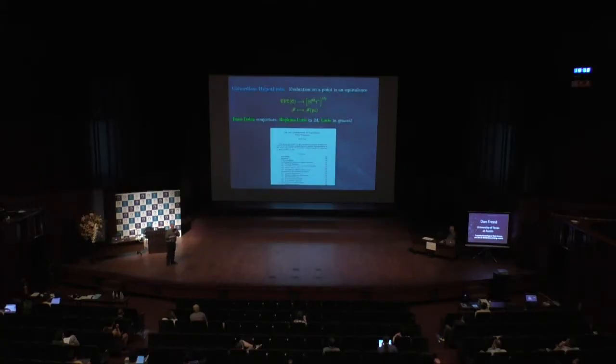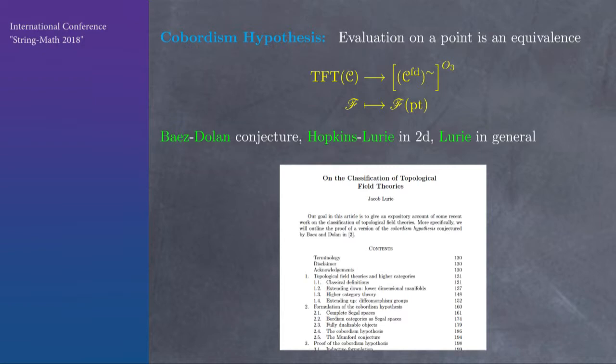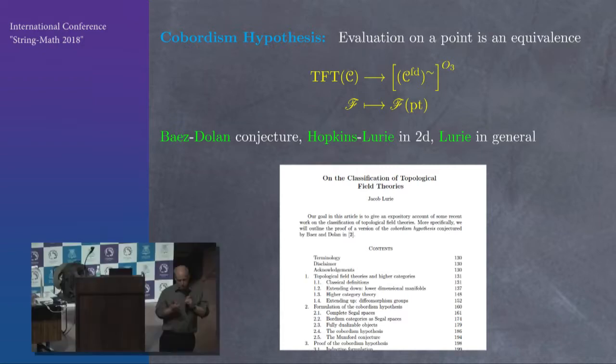So the main deep theorem in the subject is called the cobordism hypothesis. And it says that if you have a theory that's fully extended, then it's determined by what happens on a point. So this encodes this strong form of locality that you can build everything starting from disks, if you like. You can glue everything together from disks. But the theorem doesn't just say it's determined by a point. It says given the right data attached to a point, we can actually build a theory.